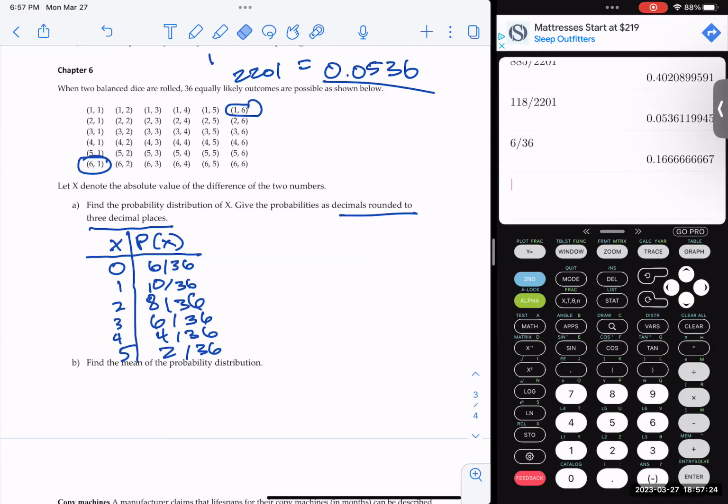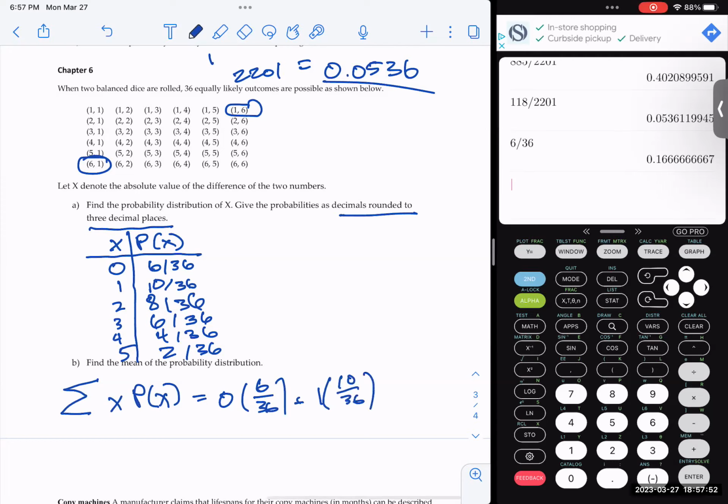Yes, and then what do you do with those? Yeah, fantastic. If we want fancy math to say that, we say, what is this? Sigma or sum of x, p of x. Very good. And so for us, that's going to be 0 times 6 over 36 plus 1 times 10 over